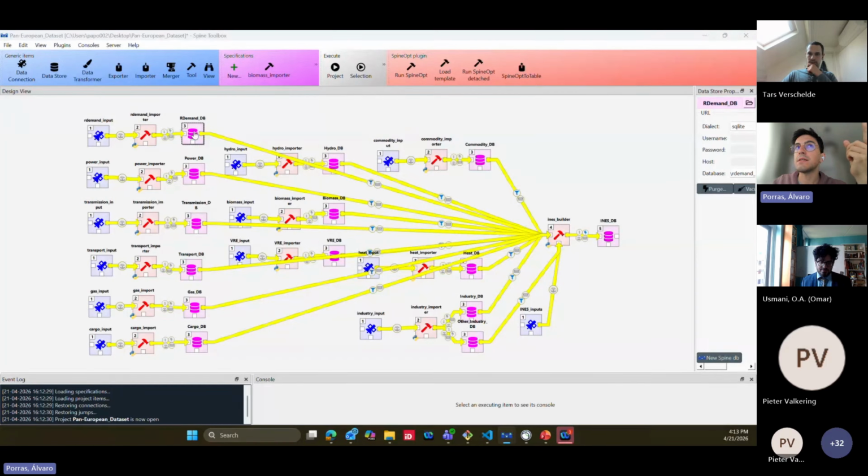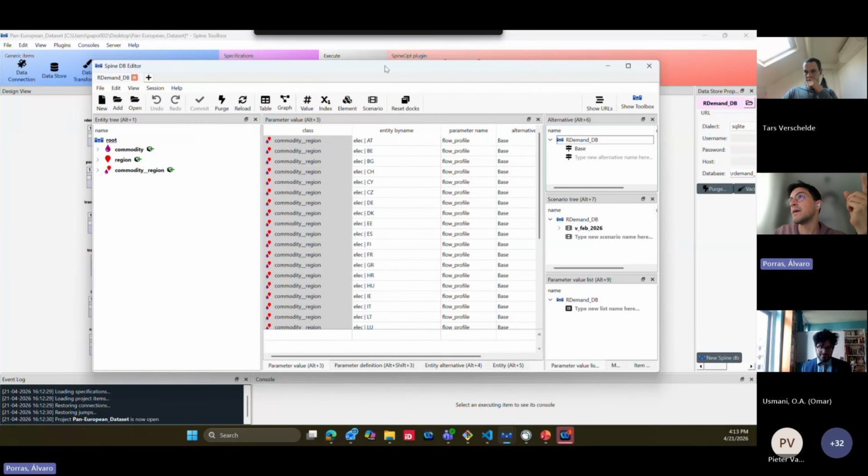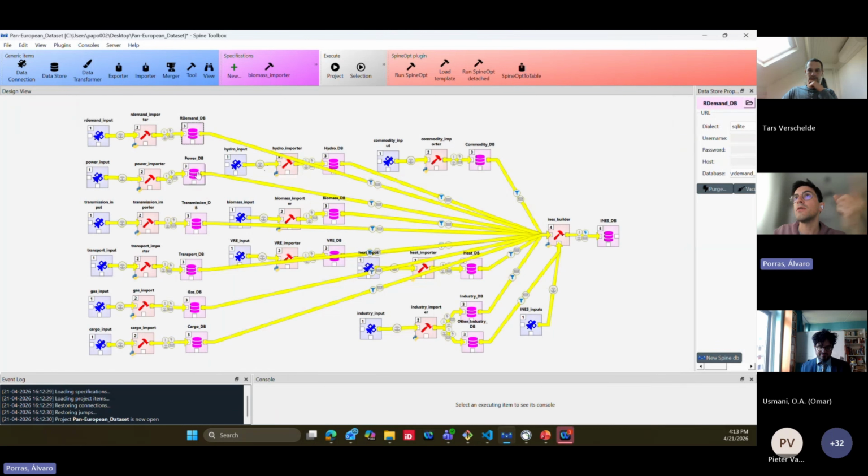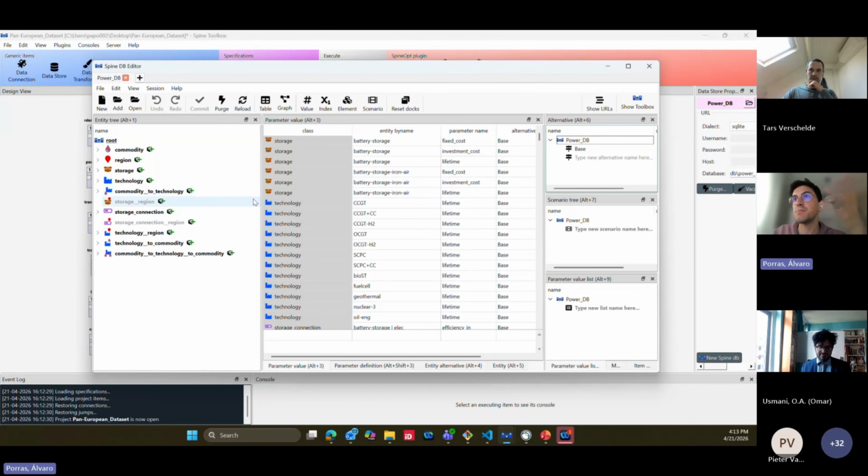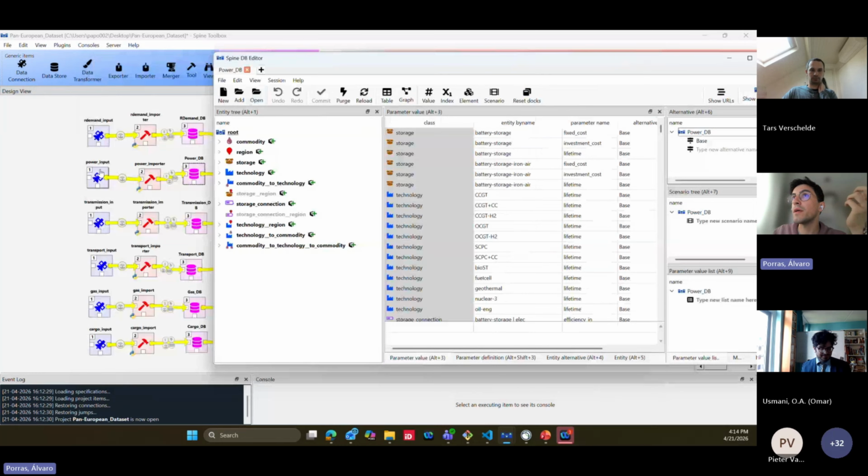This database is an SQLite database that has a DB editor, where you can manage and check your data, modify your data, make whatever changes. This script is reading the raw data, which could be a CSV file or Excel file, and importing this data into a specific structure here in this SQLite.